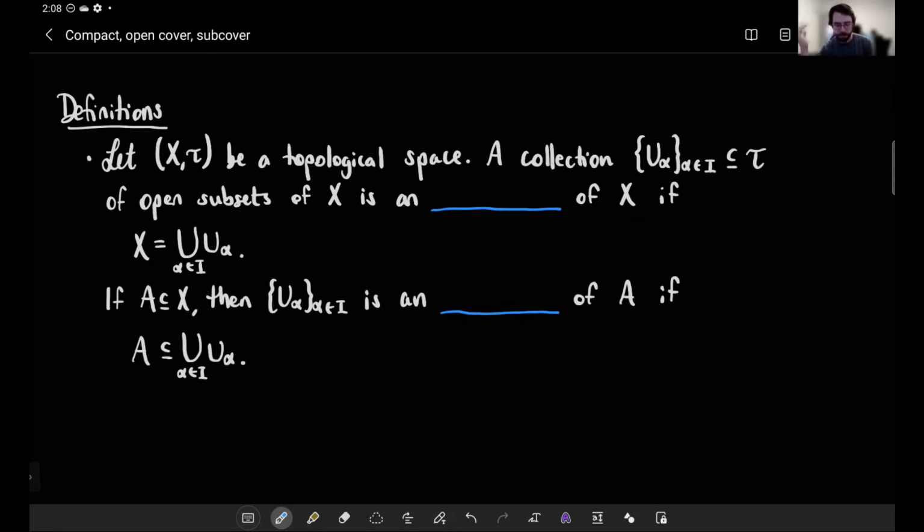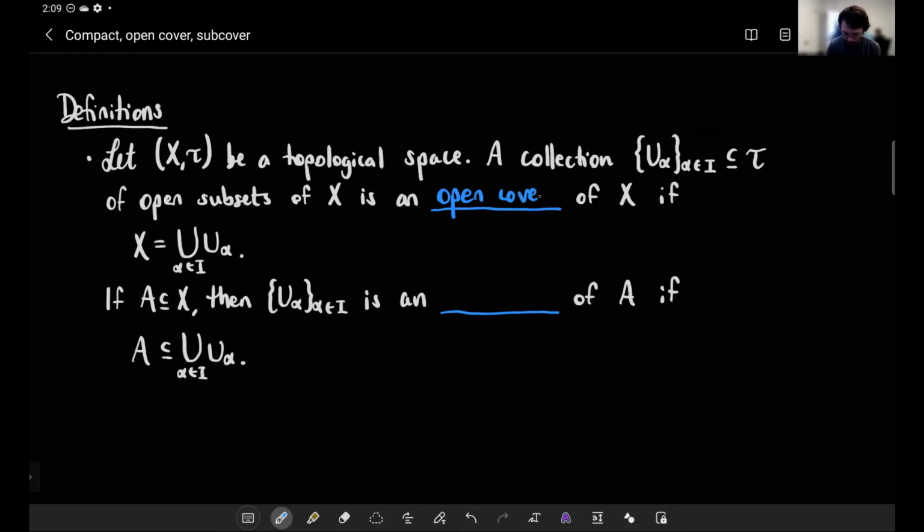It may be something you've seen in a real analysis course, and it's a very powerful tool, but it has a kind of unintuitive definition. You have to start with some minor preliminary definitions. For example, these two. So if you start with a topological space X, and you're given some collection of open sets in that space, and if it has the property that X is actually equal to the union of all of these open subsets, then that collection is called an open cover